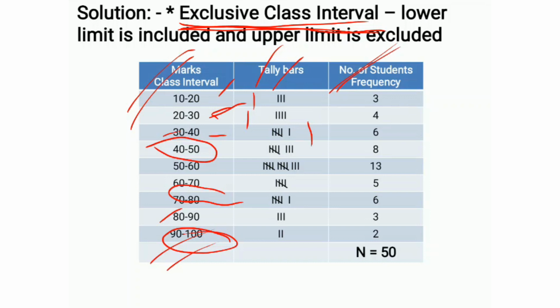When you are writing the tally bars, 1, 2, 3, 4, when it comes to the fifth, just draw a cross line. For the sixth, again you put a straight line. I have given it here, you can count and try it yourself. The total should come to 50. In this table you have a very clear picture that the 50 to 60 category has the most students. That is 13 students scoring marks between 50 and 60. That is how this tabulation is useful in analyzing.